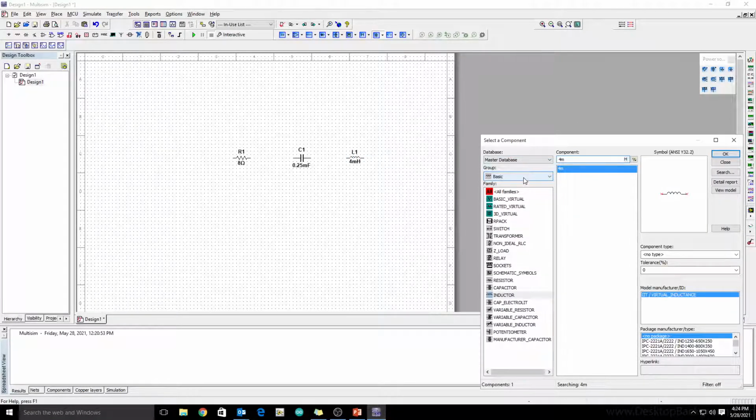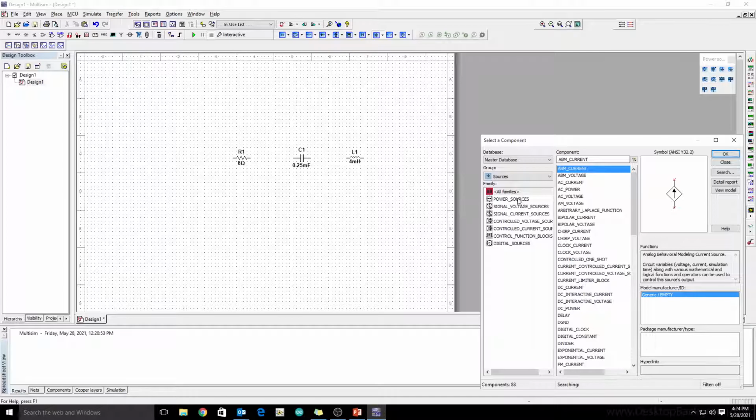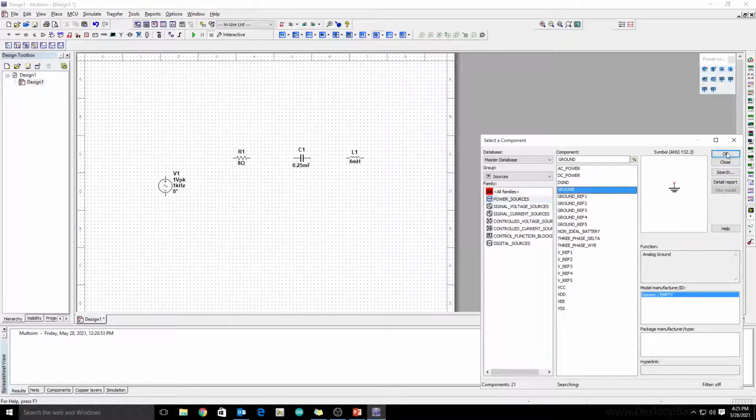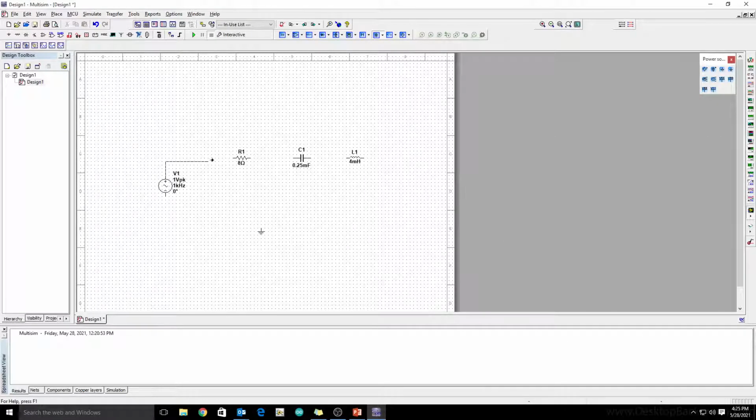Now we need a single AC voltage source, and we need a ground as well. Now connect this circuit like this.